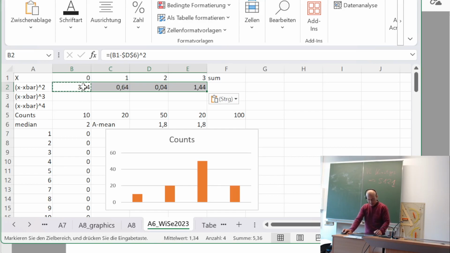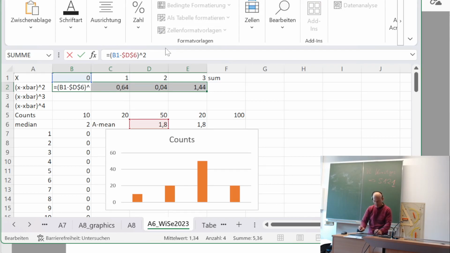And then we need the distances with the power of 3, so we should stay at 1. Then we have also to put a dollar here,